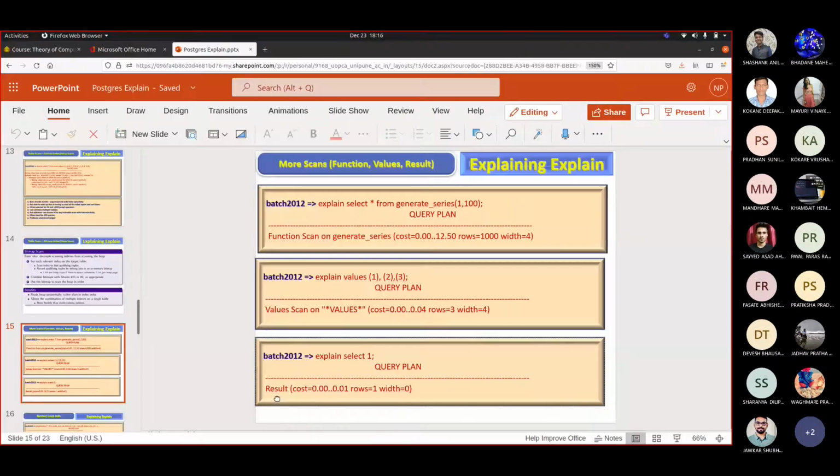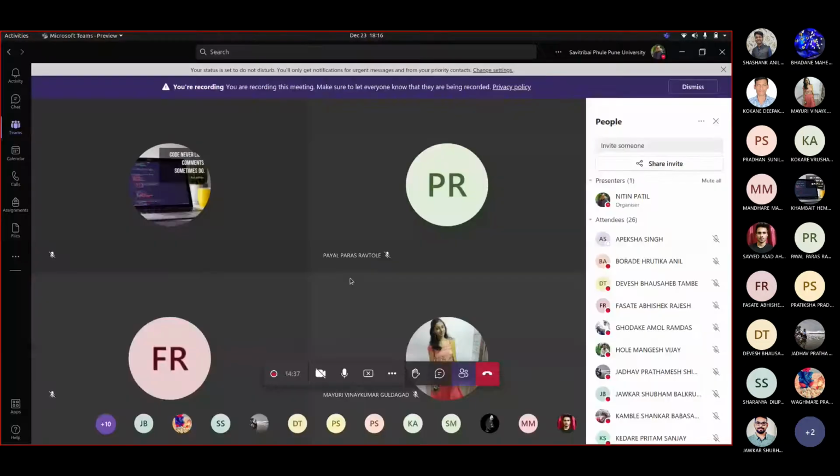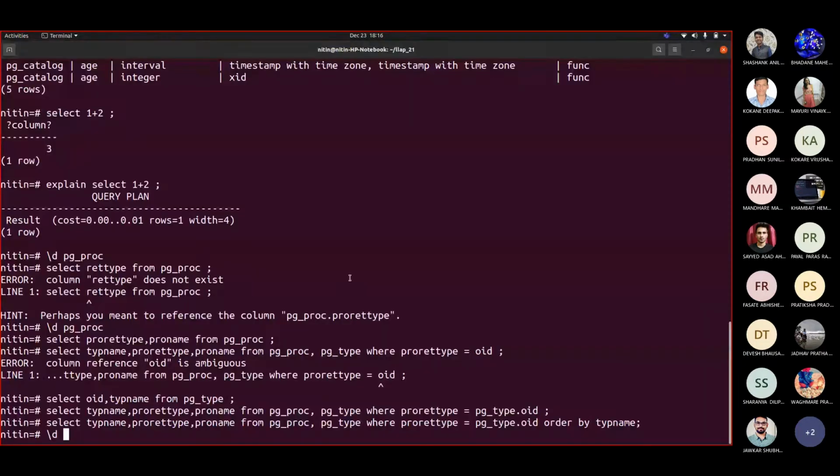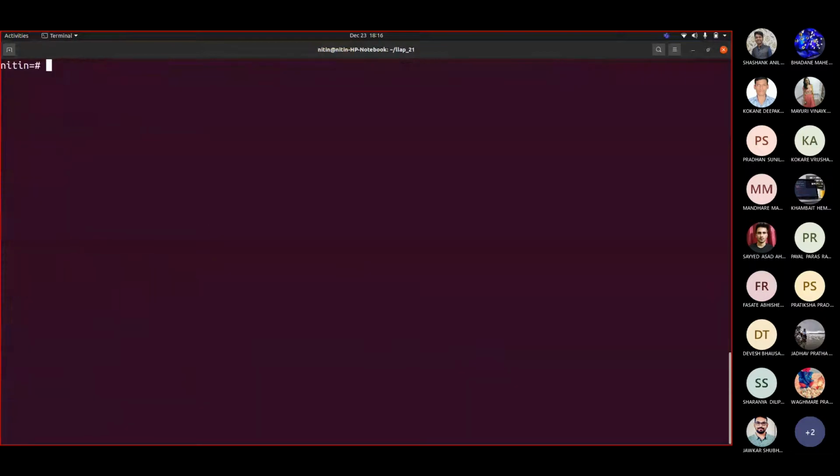Okay. So there is another plan called values. If you write something like this, select values 1, A, 2, 3.